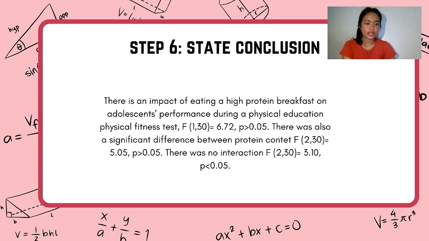The conclusion is that there is an impact of eating a high protein breakfast on adolescents' performance during a physical education fitness test. F(1,30), this is the DF where you got the difference from the DF table, equals 6.72, P is less than 0.05. There was also a significant difference between protein content. F(2,30) equals 5.05, P value is less than 0.05. But there was no interaction. F(2,30) equals 3.10, P is greater than 0.05. Thank you, and that's